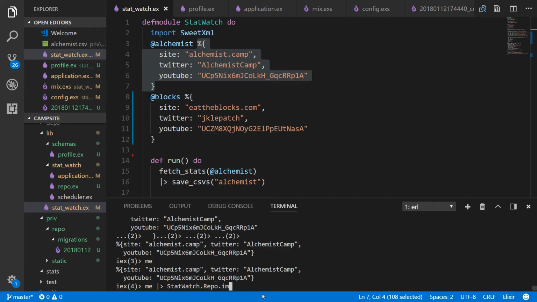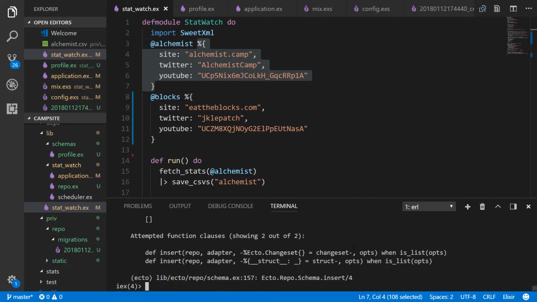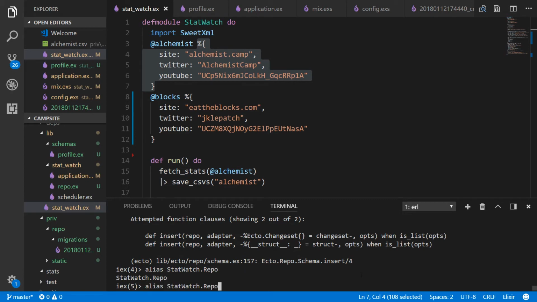StatWatch.Repo.insert. So we get this error. The reason is you've got to have an Ecto struct. It's got to be in the list of existing ones. So what we're going to do is use Kernel.struct to create it. First, we're going to alias a couple things. Otherwise, we'd be typing StatWatch a whole lot of times. Repo and